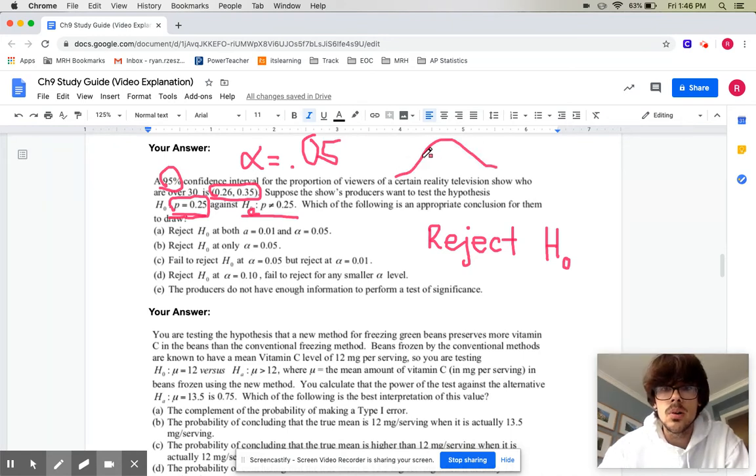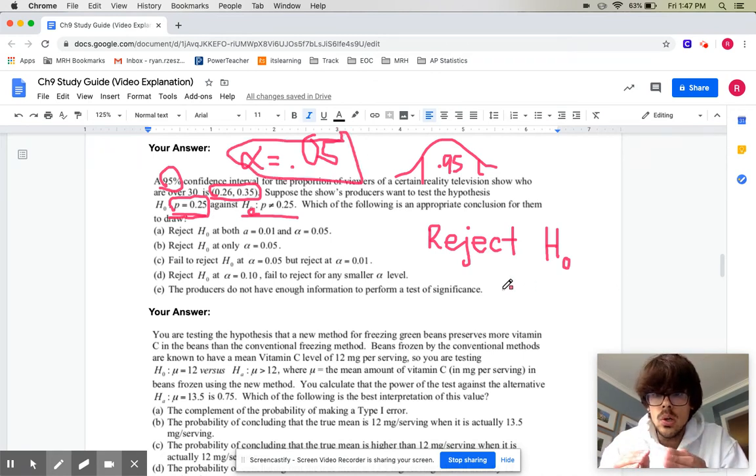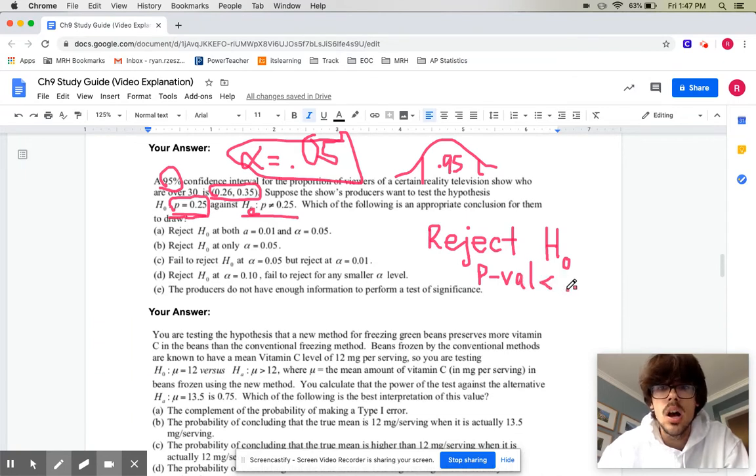Think about if you have a curve with 95% in the middle, there's 2.5% in each tail. So a 95% confidence interval is the same thing as saying alpha is 0.05. So if we reject H0 at the 0.05 level, that means our p-value has to be something. They don't tell you what it is, and we can't actually find it. But we know for a fact our p-value is going to be under 0.05 because we already rejected at the